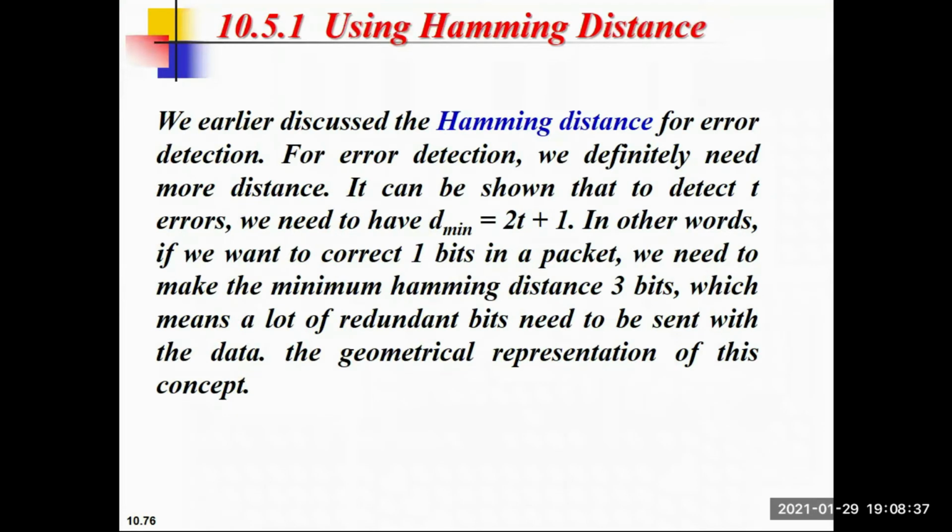So in this forward error correction, whenever you want to correct T errors, you need to have a minimum Hamming distance of 2T plus 1.